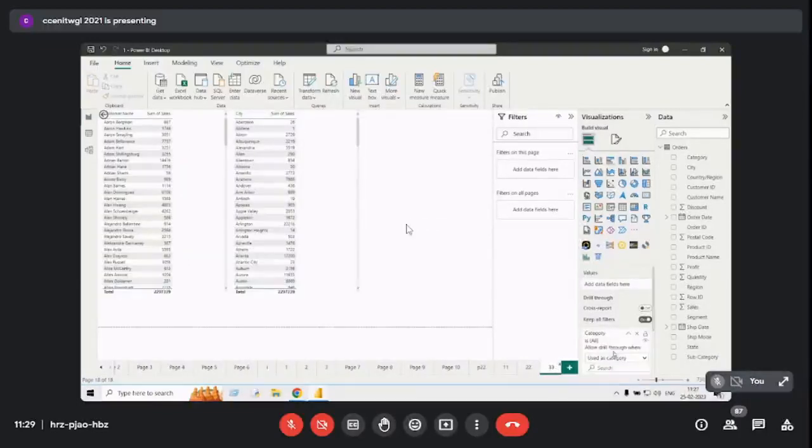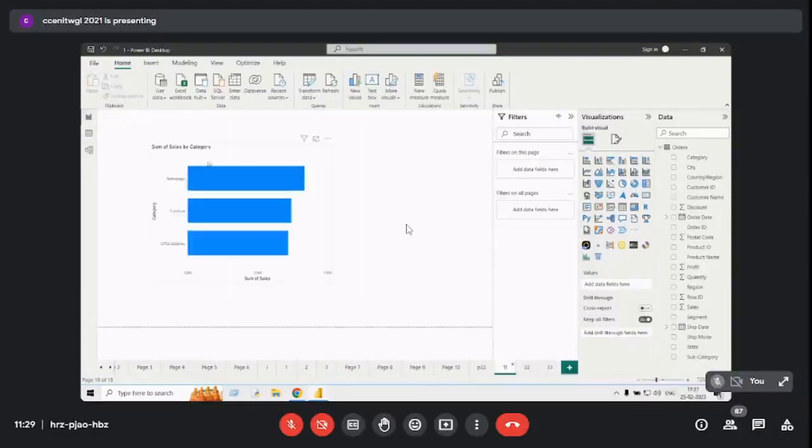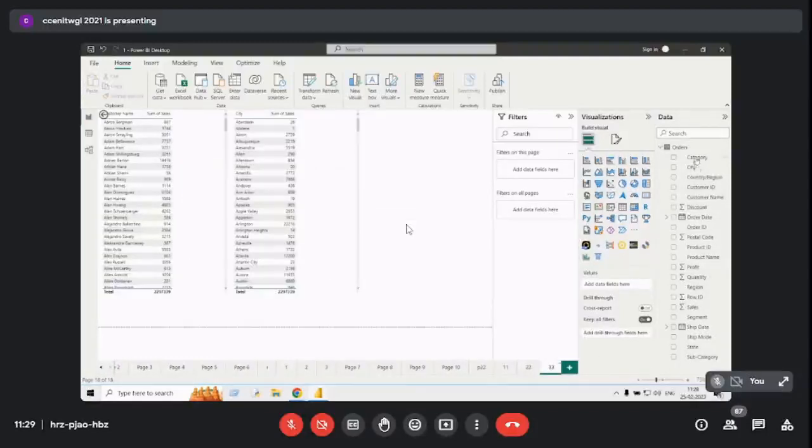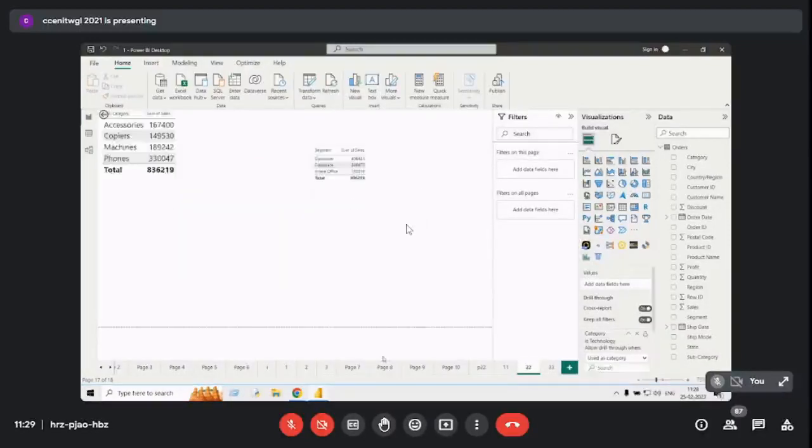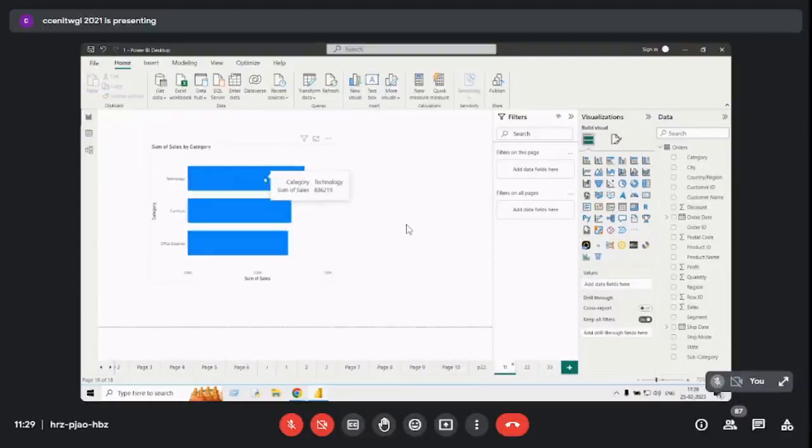See, if I remove this filter from page number 33, you can see here I can drill through only to 22. So the movement is not there, drilling is not there. If you want it, you can simply add whatever you want. So now if I go back, drill through. Okay, now whether I want page 22 or not, see, I'm going to page 22. If I'm saying I want to go to page 33, sorry,